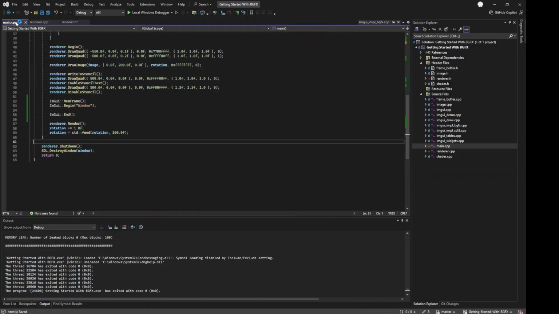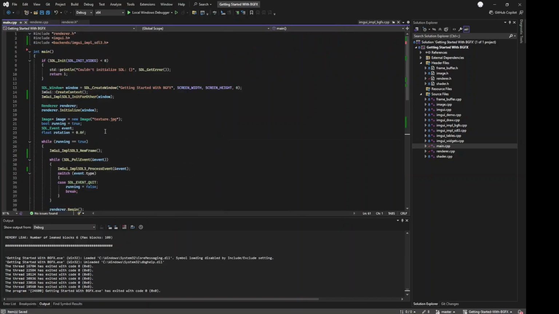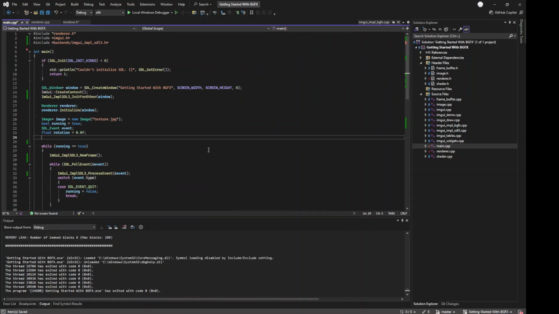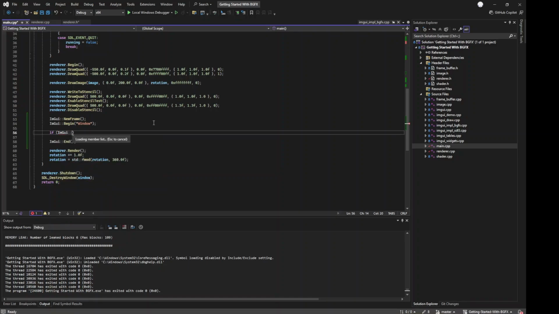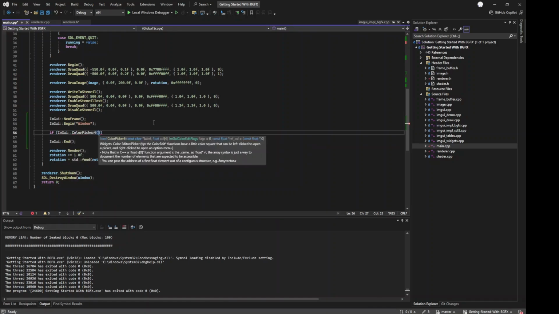Alright, now if we go to our main function, we need to create a variable to store our post-processing color. So we go glm::vec4 postProcessingColor, set it to 1, and inside of our window we'll go if ImGui::ColorPicker4, call it post-processing color,